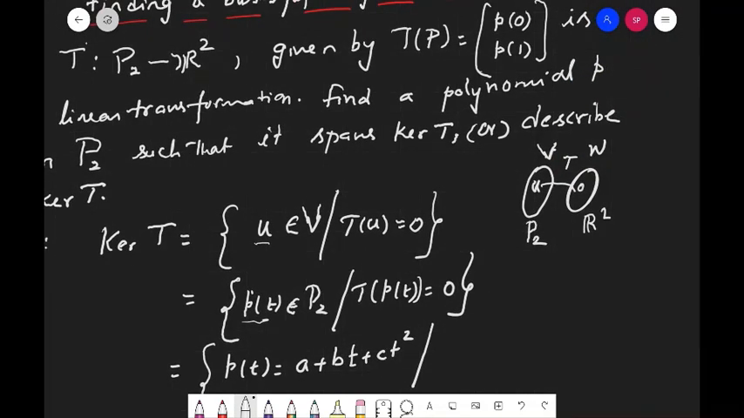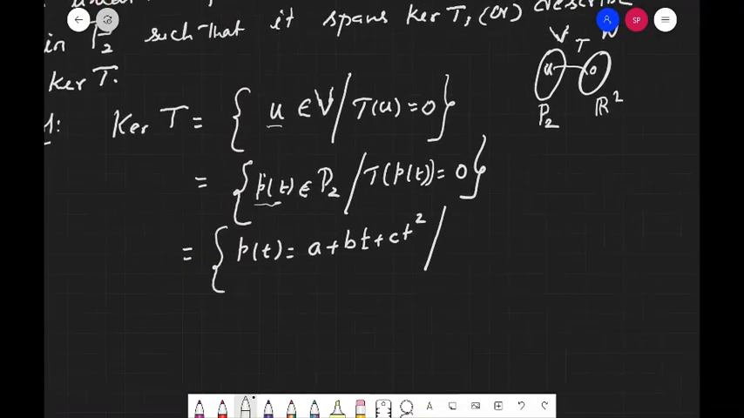T of P of T is defined as P of 0, P of 1. Its image is in R2, which has all column vectors of 2 rows. So such that T of P of T is nothing but P of 0, P of 1, that is equal to 0. What is the 0 element in R2? It is 0, 0,